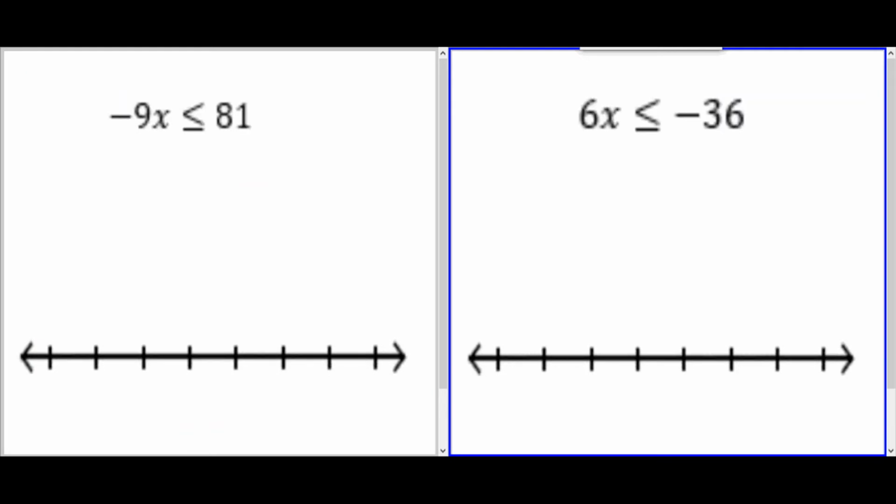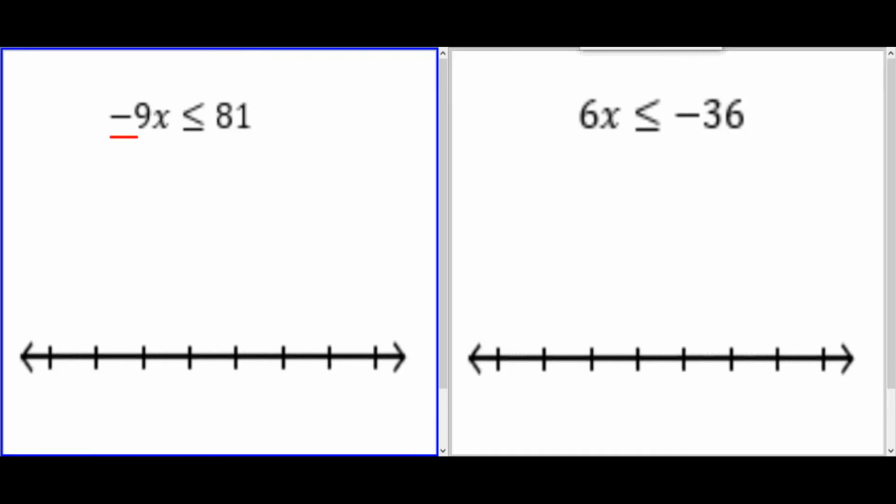Okay, next one. So I have negative 9x is less than or equal to 81. So again, how do we get x by itself? Well, it's being multiplied by negative 9, so I'm going to need to divide both sides by negative 9. Now these negative 9s cancel, and I get x less than or equal to 81 divided by negative 9